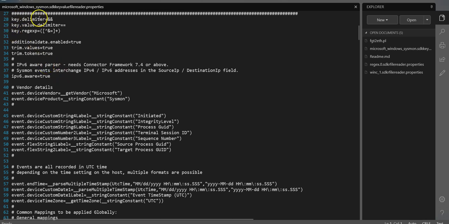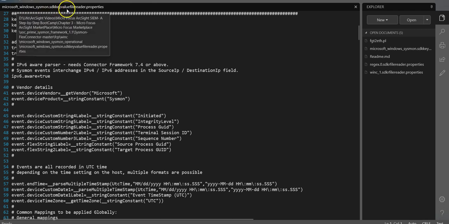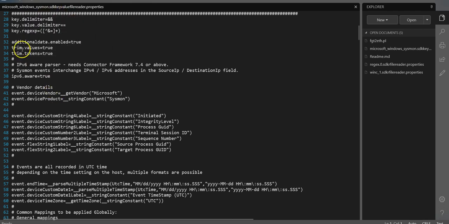This type of parser is called KeyValue. Basically it is a custom parser to be able to recognize the raw events coming from the Sysmon,